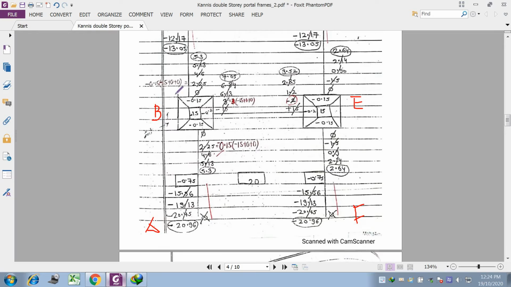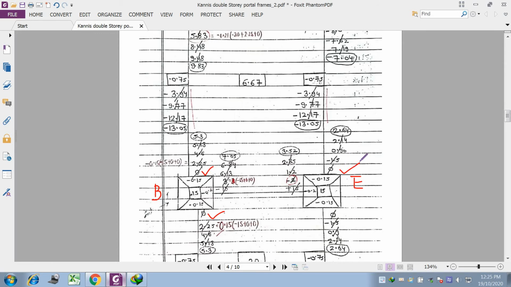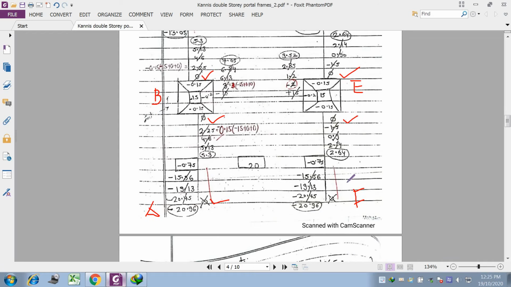Okay, then initially we have to start with our fixed end moment. So write the fixed end moment first at the very beginning. If we know that at all the columns there is no horizontal load, then by default the moment which was obtained in step number 1 was 0. So for AB it is 0, BA it is 0, BC equal to 0, CB equal to 0, then DE equal to 0, EB equal to ED equal to 0, then EF equal to 0, and FE equal to 0. So all the moments are 0.